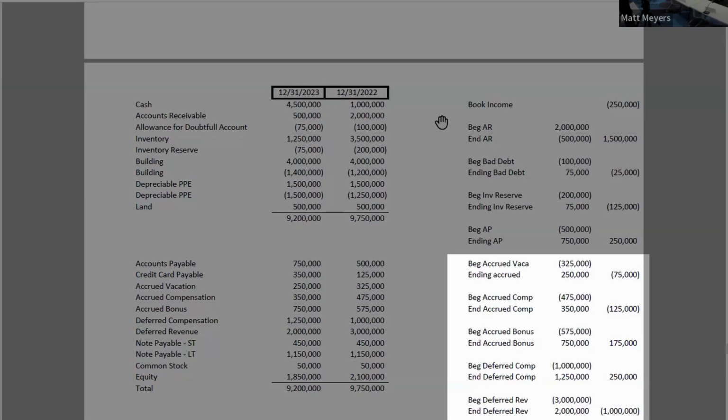And then accruals. So how would that work from a cash basis standpoint? Do we have cash moving on an accrued vacation expense? We don't, right? Nope. So is this another one where we're just taking what they gave us and flexing it? Yep. Okay. 100%. Deferred comp, same way. Deferred revenue, the same way.